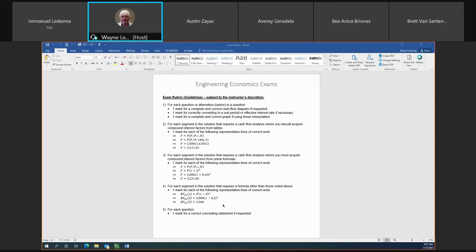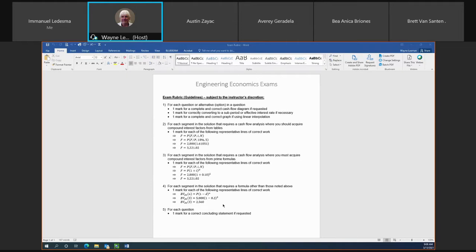and if it is complete, meaning all the cash flow elements are on it, and it is correct in that regard, the receipts are shown properly, the disbursements are shown properly, the annuities, the single amounts, arithmetic gradient series, as well as geometric gradient series are also shown, then in those cases, you would receive the 1 mark. It doesn't have to be drawn to scale generally,